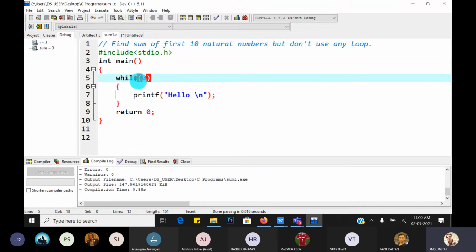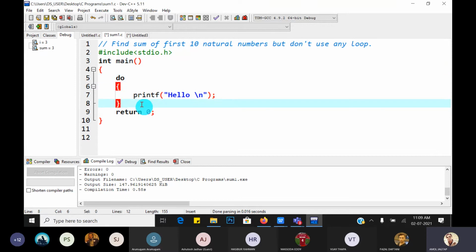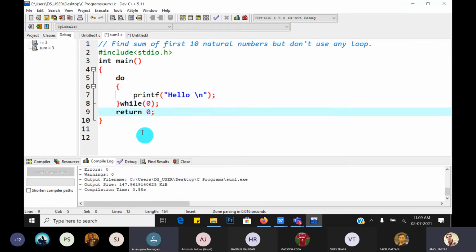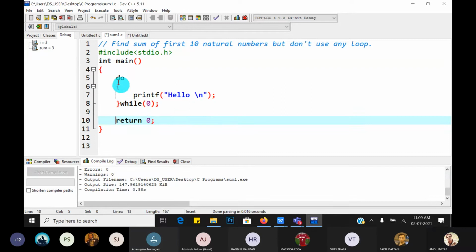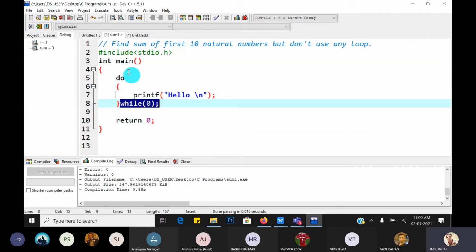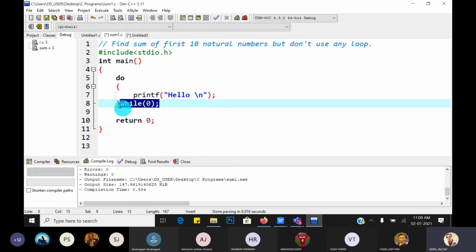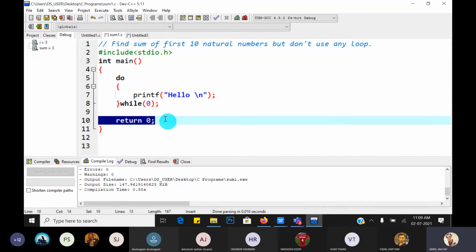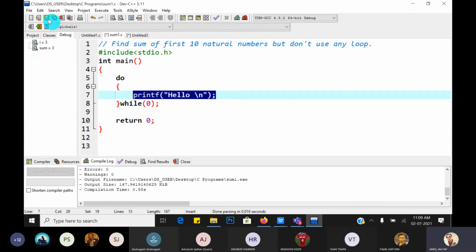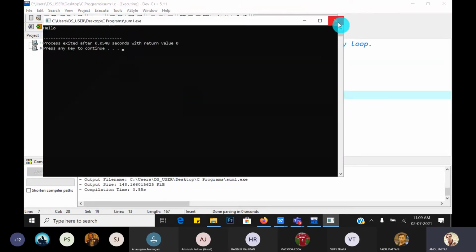Great. Now, second, a similar case for the do while. Same for do while. But in do while, what happens? Just check. If 0. Sir, it has one-time execution. Yeah. What is the output of this program then? Because it is an exit-time condition checking loop, when the cursor goes first, it enters into the body of do while, prints hello on the console and then checks the condition. The condition is false, so it terminates the loop and goes to the return statement. But once the hello gets printed on the console. So just compile and run. Yes, it is displayed one time.